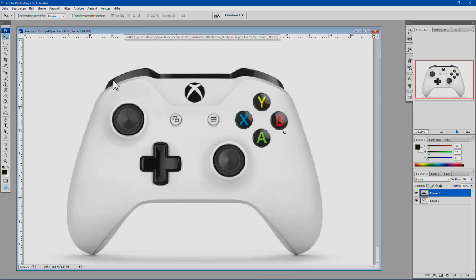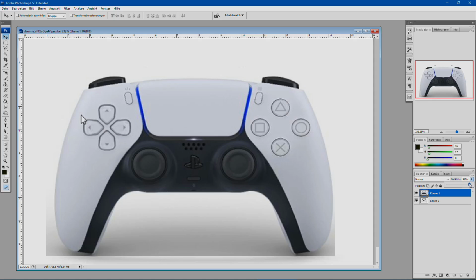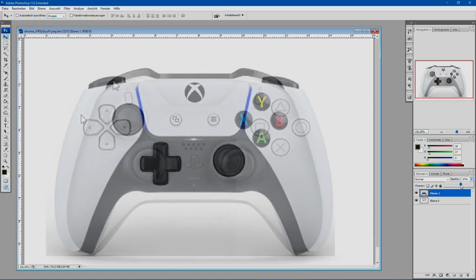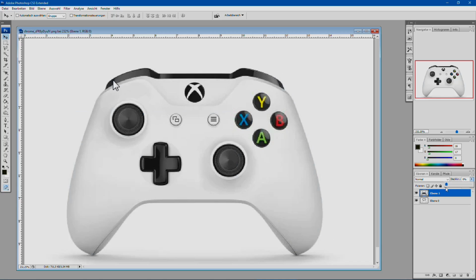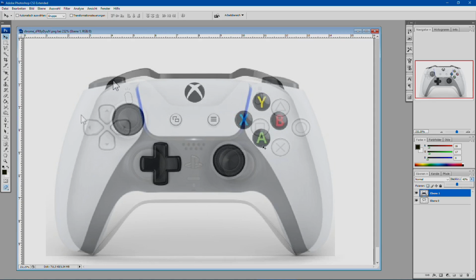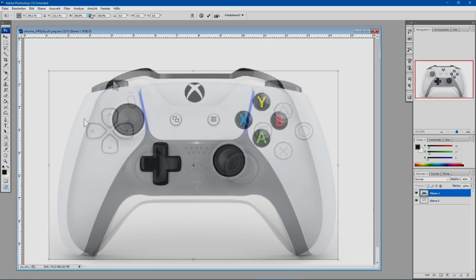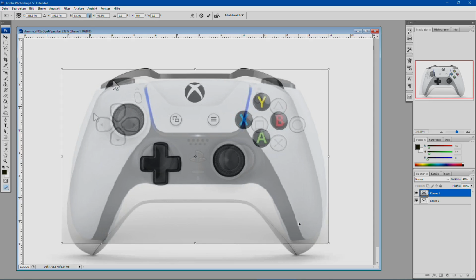Now, on the Xbox side of things, I tried overlaying it. I really tried, but I always end up with it being broader. None of these images were altered. I got these off the image search. I seriously don't see where this and this have anything in common. I tried making this fit. It doesn't fit. If we lock aspect ratio, I can make this smaller and try to fit it in here, but then the